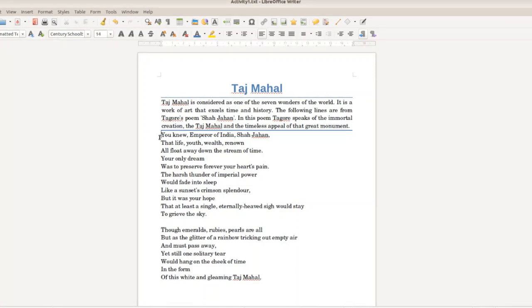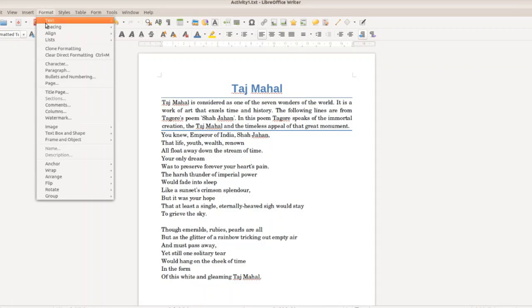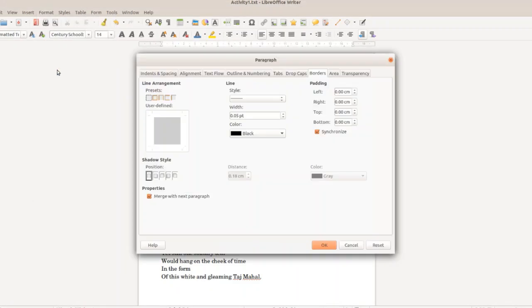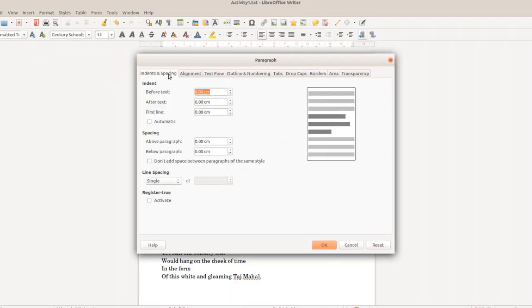You can see the cursor there, isn't it? And now we want to leave some space before that. So for that, from format, paragraph, and here you have to select the tab indent and spacing,